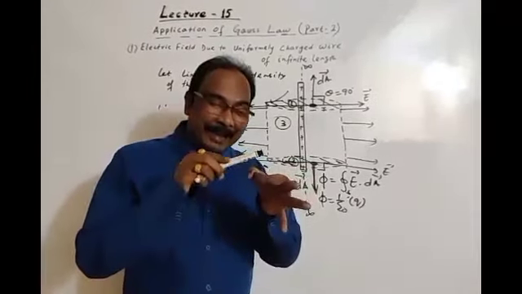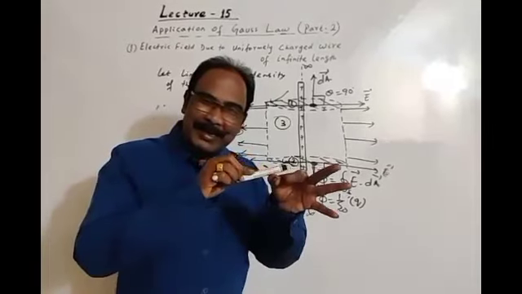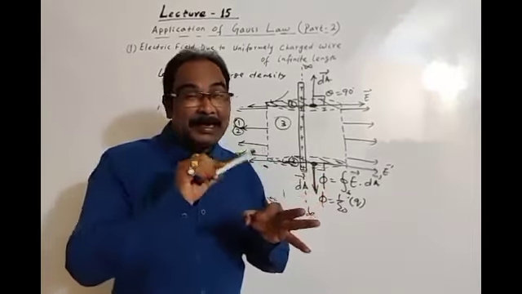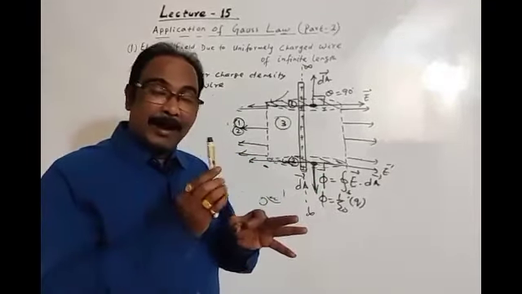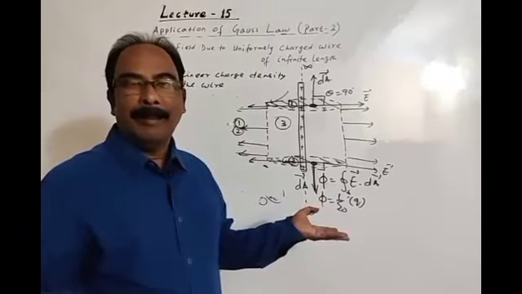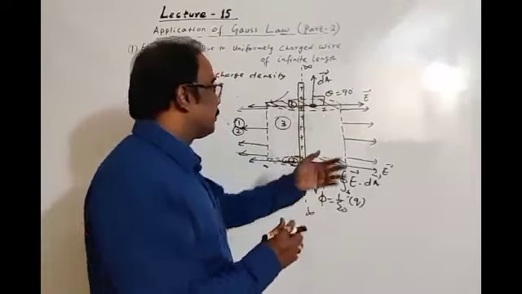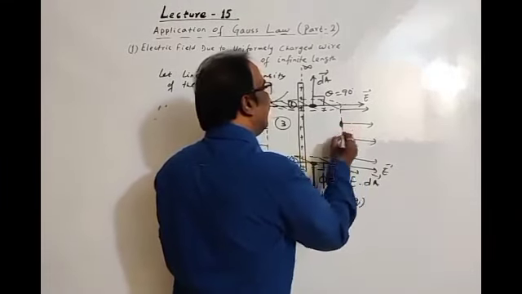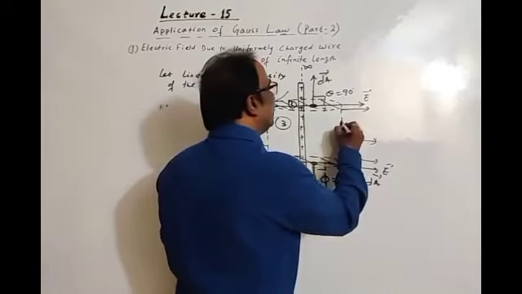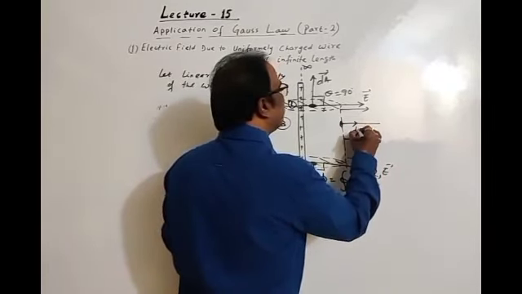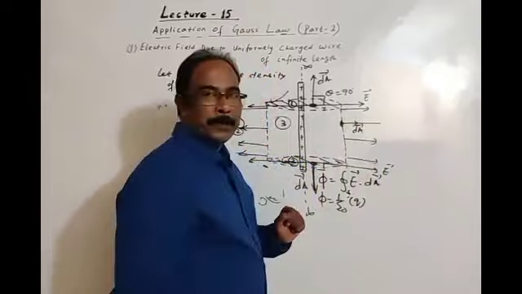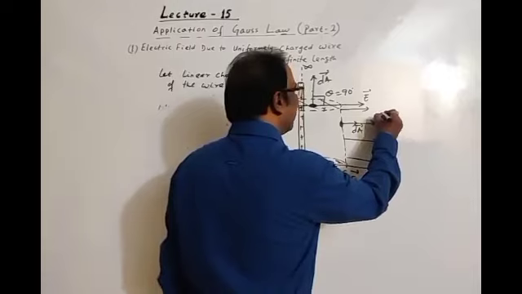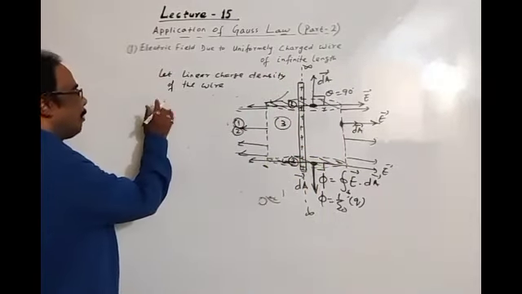Of course, you know another point: if electric field is parallel to the surface, then no flux links with the surface, means angle between surface area vector and electric field vector is 90 degrees. Then for this curved surface, let's consider this is an elemental area, and the direction of elemental area vector is dA. For a closed surface, the direction of area vector is in the outward direction. Also, this is the direction of electric field.